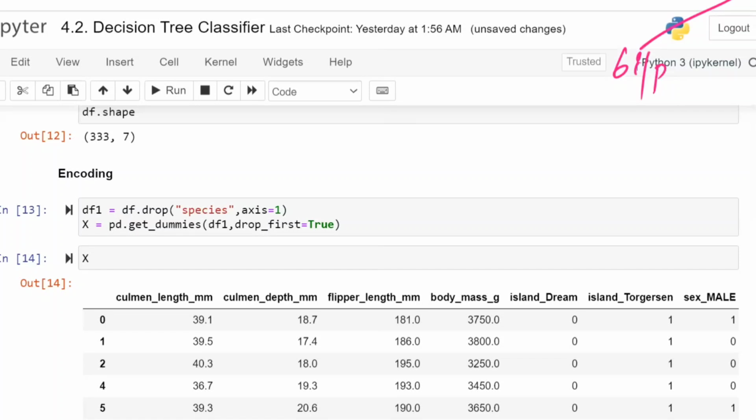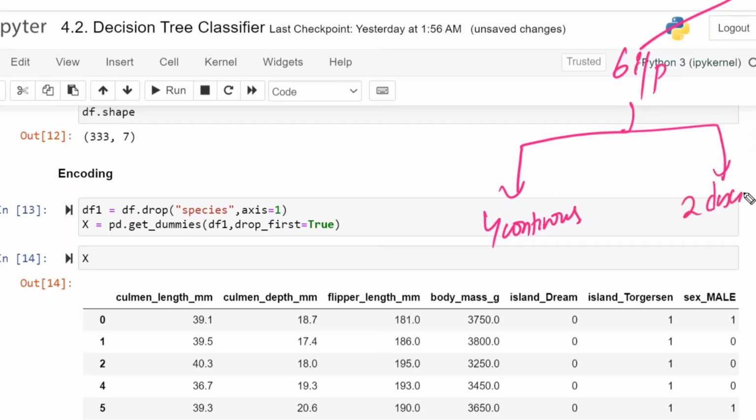Forget about the output. Don't touch the output variable. Within the 6 input variables, 4 of them are continuous and 2 of them are discrete categorical. For this discrete categorical, you are going to apply the encoding. In the previous examples we have discussed, logistic regression or linear regression, no encoding was required because there was no categorical data. But here, in the given input columns, I have categorical data. If there is categorical data, I have to encode it.